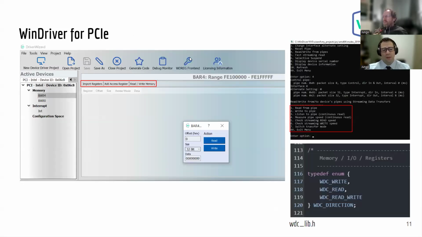So here we see a small snippet of the various layers that WinDriver has. Again, if you're an old hand at WinDriver, if you've been here before, then you're probably very familiar with this. The main section here is the DriverWizard, the GUI application. Over to the right, in the top right, you can see a compiled user application. Uriah, correct me, I believe this one is for Windows, while today we're going to be demonstrating the Linux version of this. In our previous webinar, we showcased the Windows version, but again, these are very similar. And as I mentioned, they are pretty much cross-platform compatible, nearly as is.